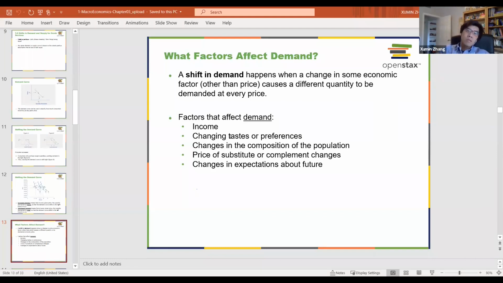And then this is also related to the expectation about the future. I like this example because if we believe that the pandemic will extend a little bit longer, people will stop purchasing property. That means the demand curve for real estate will shift to the left at this moment, because they just have concern for the near future and they don't know what will happen, or they think the demand will further decrease.